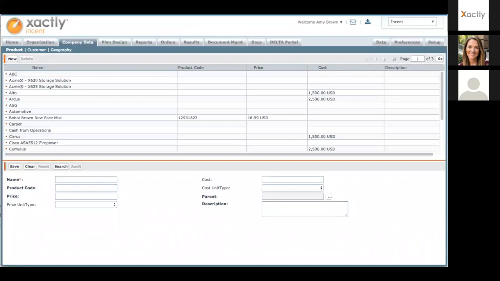In addition to customer information, you can bring in product information. So for many types of incentive plans, we pay different kinds of commissions based on different product types or different product families. You can bring that information into Incent and track that so that you can report against it.